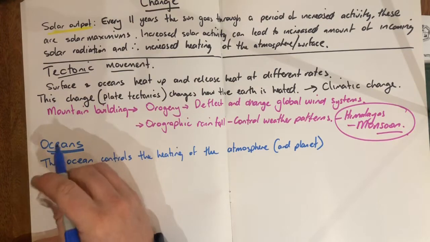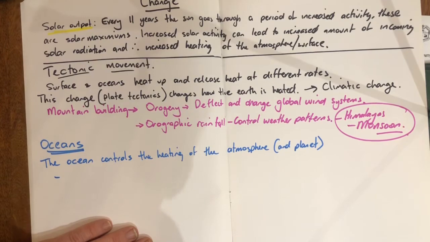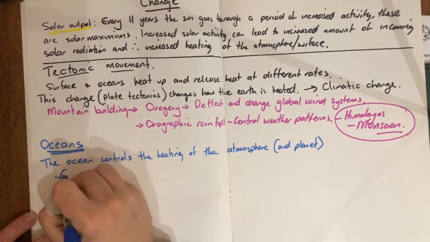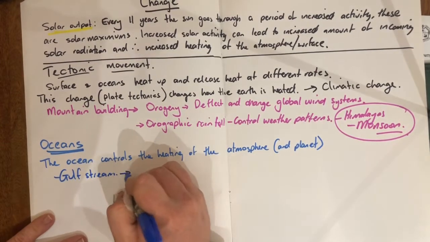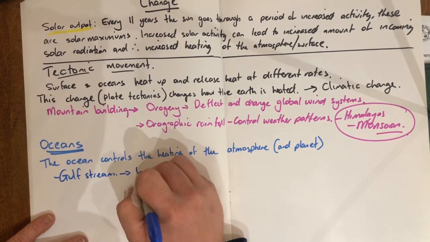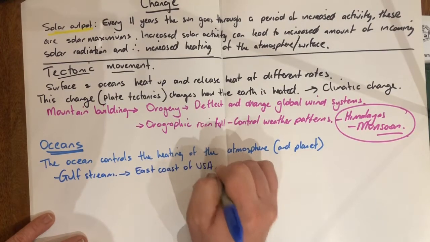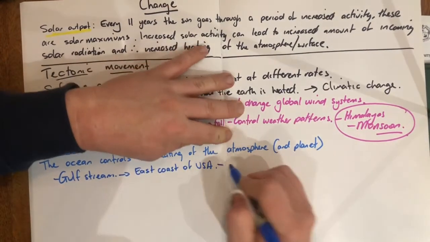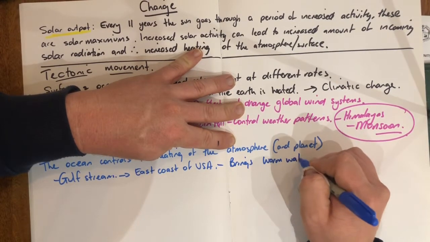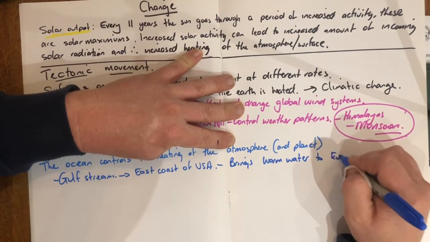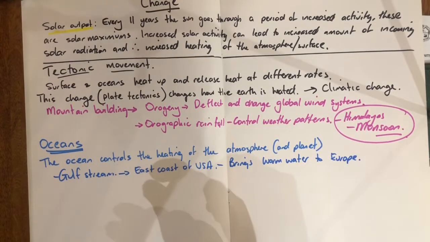And we're going to look at the Gulf Stream. Now the Gulf Stream is a current that runs up the coast of the USA, the east coast. And it brings warm water to Europe. Now you're probably going to want me to draw this, so I'm going to have a quick go at drawing